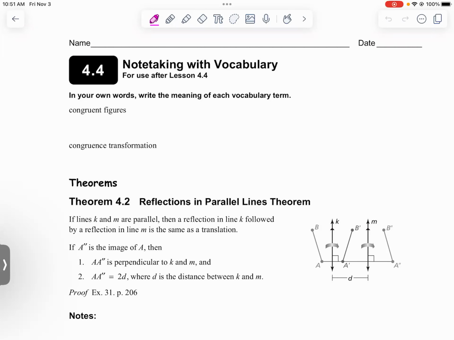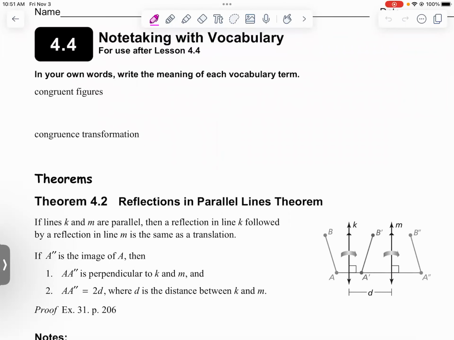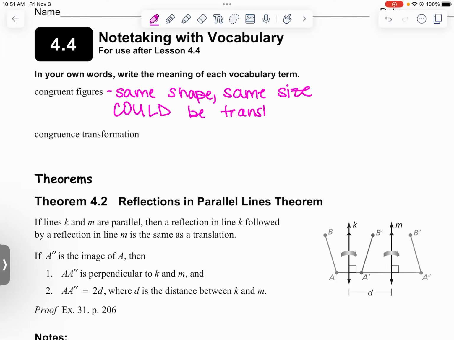Okay. So congruent figures. What's true about two figures that are congruent? They have the same measures. And so they're the same shape, right? And they're the same size. Same shape, same size, which you said with measures. They could be translated, rotated, or reflected from each other,